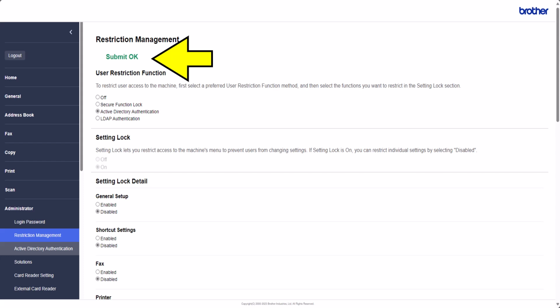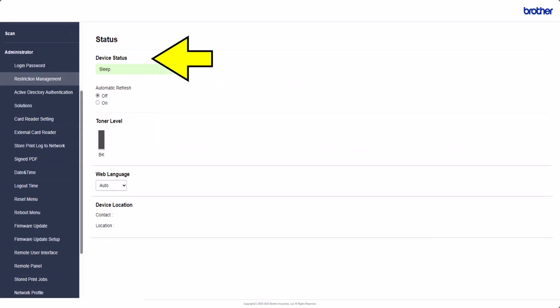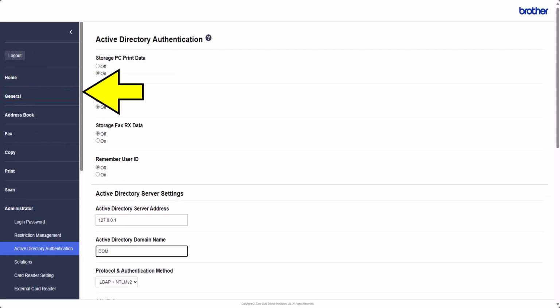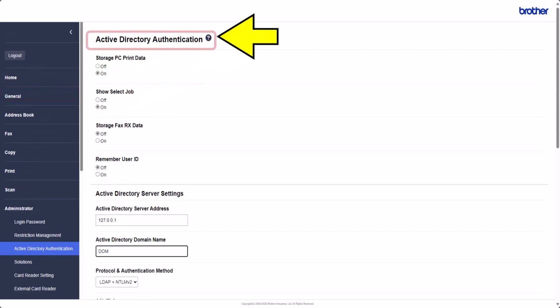Now you will notice an additional menu has appeared under Restriction Management. Select Active Directory Authentication. This is where you will configure your Active Directory authentication settings.